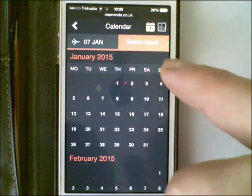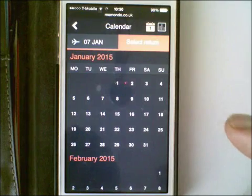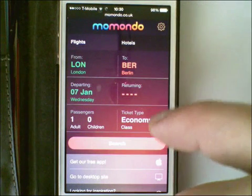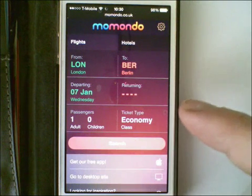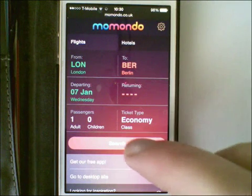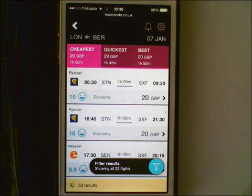I thought I'd selected. I only wanted to go one way, in fairness. Can I tick on it to say it's one way or not? Strangely not. Okay, not quite sure whether it works out automatically, but I'll do a search based on that. It must do, so I've only put one date in. Okay, so